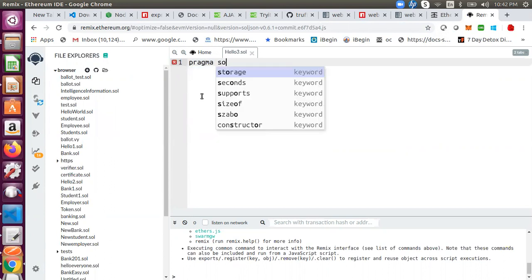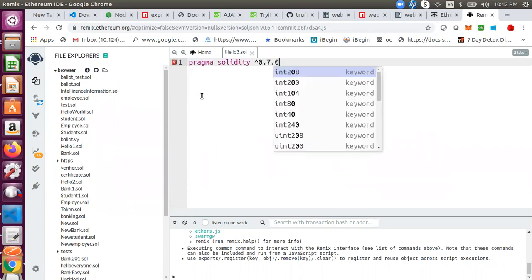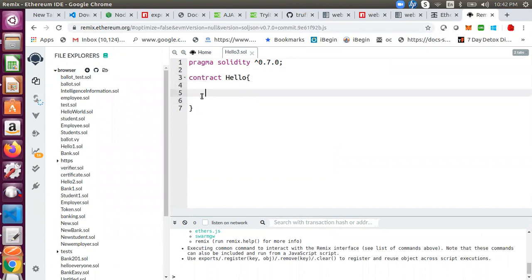I just want to store a single state, right? 0.7.0, the latest version. Contract Hello, and a string word equal to world,